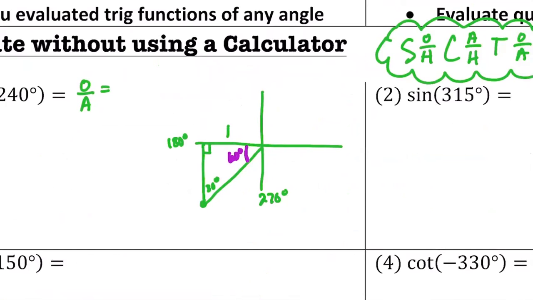Across from the 90, the hypotenuse is always a side length of 2. And across from the 60, it's always a side length of √3. Now, in terms of trig functions, we do want to keep in mind the quadrant that we're in. If I'm in quadrant 3, if there was a point here, we don't have a point,